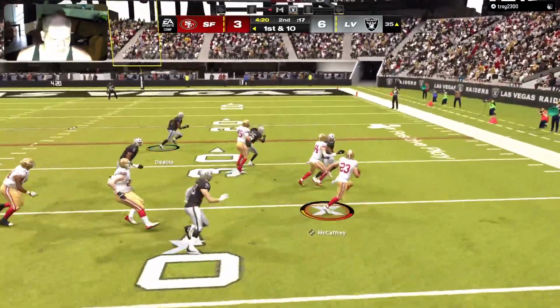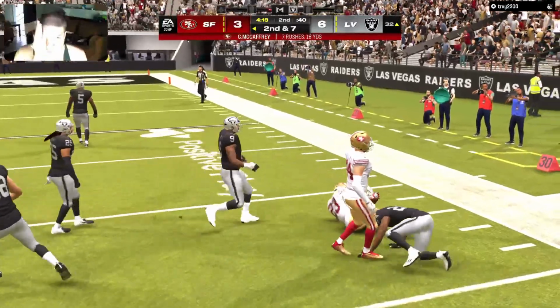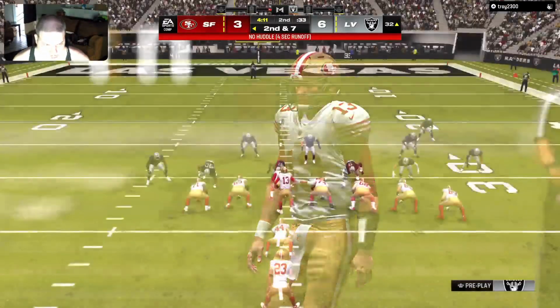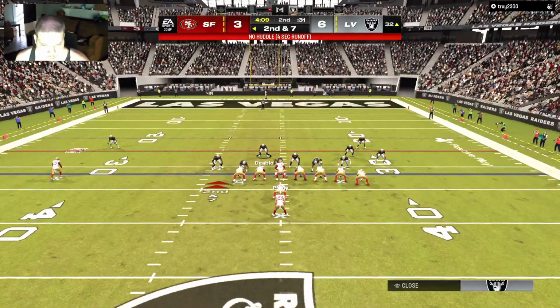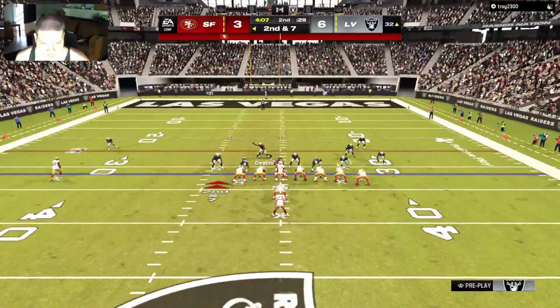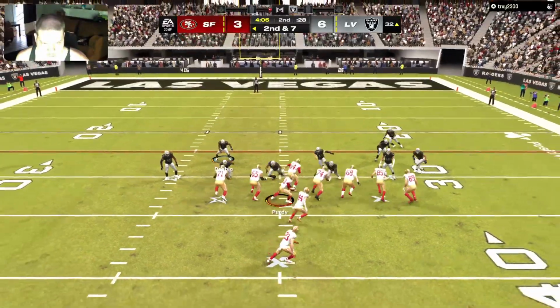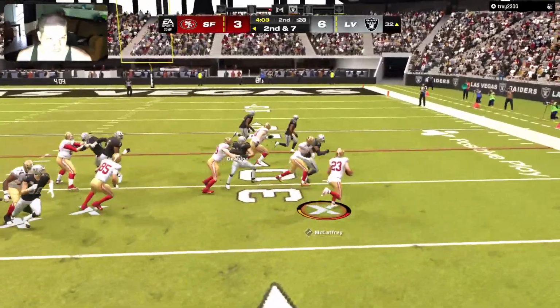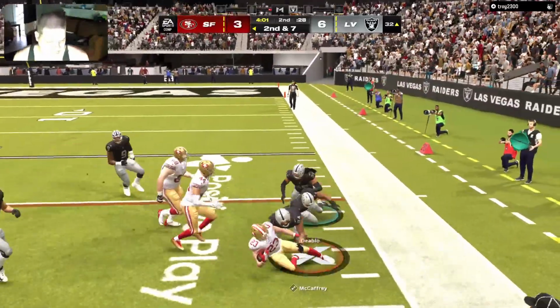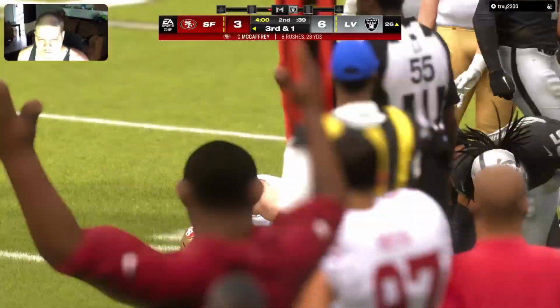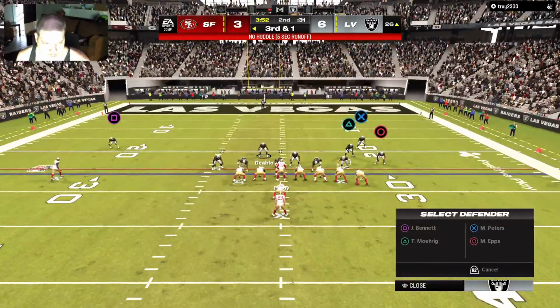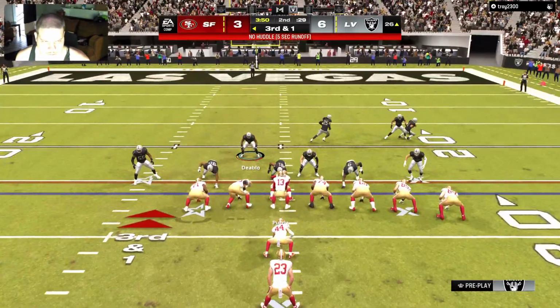A handoff, McCaffrey running right, down to about the 32. Well, he hasn't made much of an impact in the running game thus far, and after that last run, not much is going to change in that area. He hasn't been able to get anything going, and really the offensive line not helping him much. And he's going to be close to a first down as he gets this to the Raiders' 26. Third down and